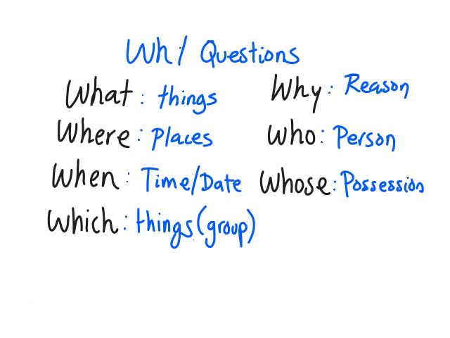Okay, WH questions. When we formulate a question, we need one of these, because we want to acquire, we want to receive specific information. We have the question word what, very common. When we say what, we want to know something. We want to know a thing, an object, a concept, a category. The options are a lot. In number 2, where,